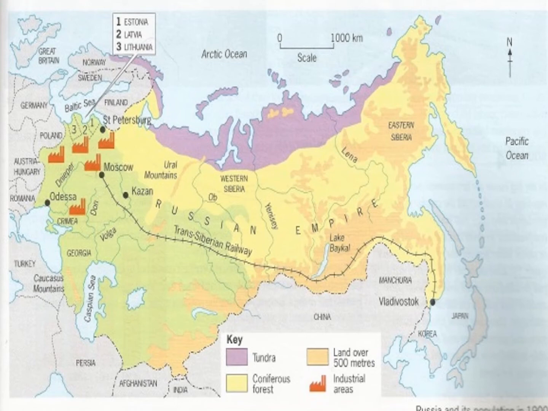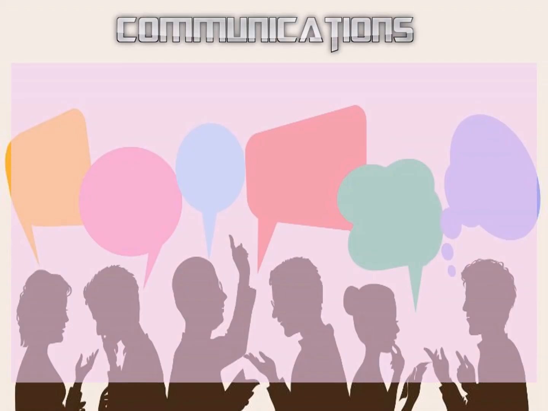If you look at the map on this slide, you can see where the industrial areas were located in Russia. They're all congregated in one space, and you can see the differences of these areas and what they actually had. So you've got tundra, you've got the forest areas, the grasslands and things like that. It's very sparsely populated in some areas, but very overpopulated in others. So this means actually trying to control this is very difficult.